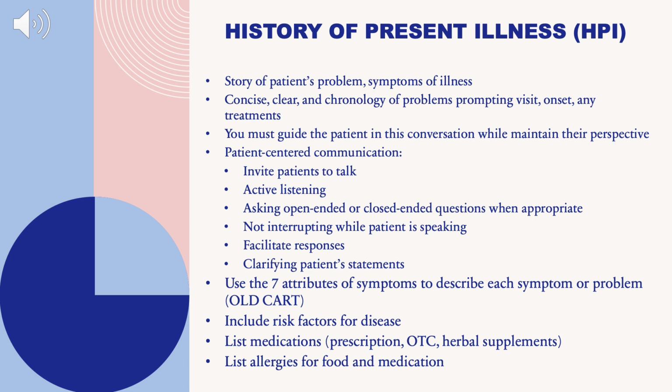History of present illness, or HPI. The HPI, in its most basic form, is the story of the patient's problem. It should reveal the patient's responses to his or her symptoms and the effect the illness has had on his or her life. HPI is a concise, clear, and chronologic description of the problems prompting the patient's visit, including the